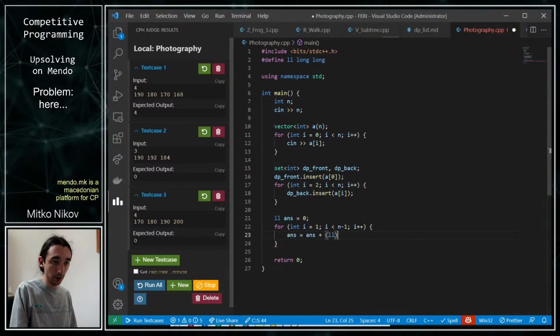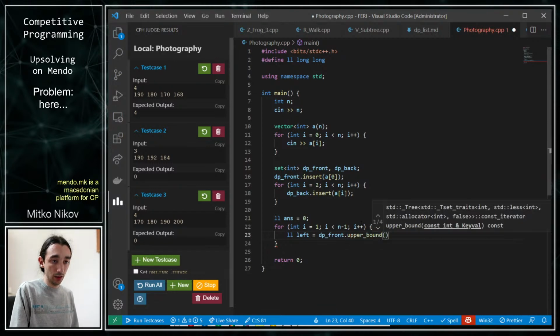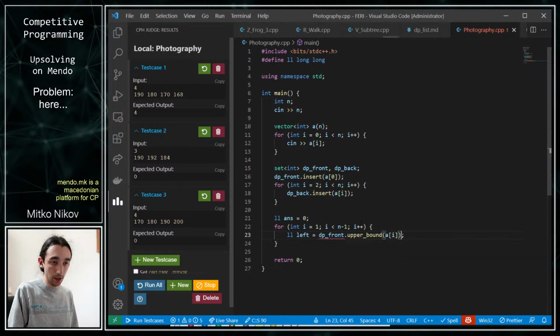So the answer will be, first let's calculate on the left side. On the left side, how many numbers are bigger than that number? So dp front dot upper bound on that specific number. Now the upper bound returns dp front dot. So I think